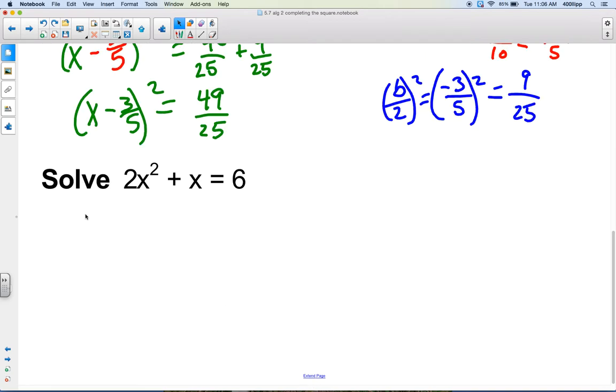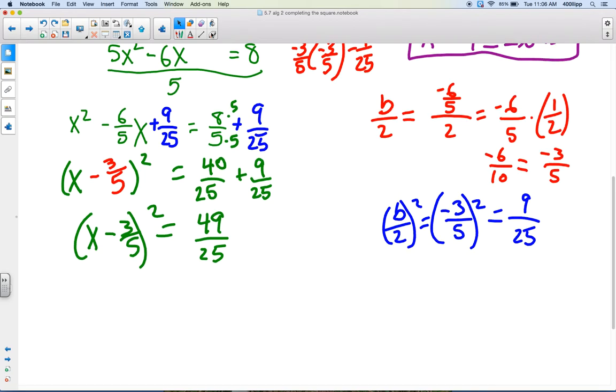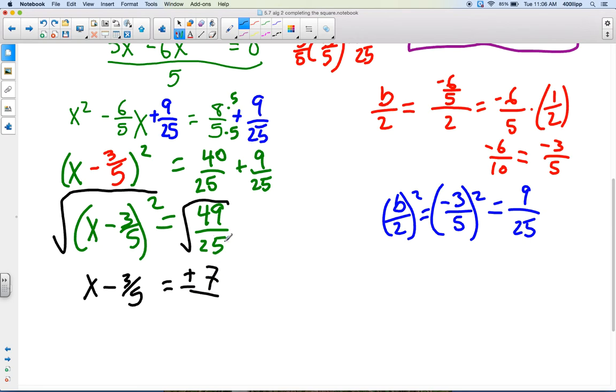Okay, so continuing on. So I'm going to take the square root of both sides now. Here we go. I get x minus 3/5, because the square root and squared will cancel, is equal to plus and minus. Whenever you take the square root of a fraction, you take the square root of the numerator, so the square root of 49 is 7, and the square root of the denominator, the square root of 25 is 5. And then I'm going to add 3/5